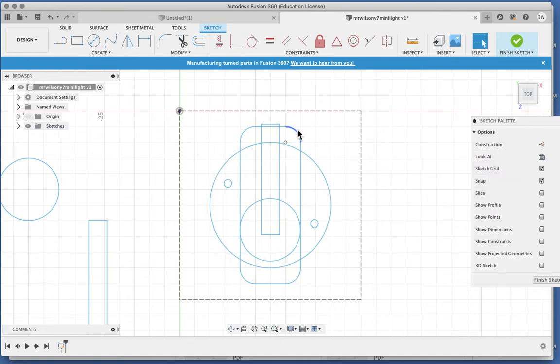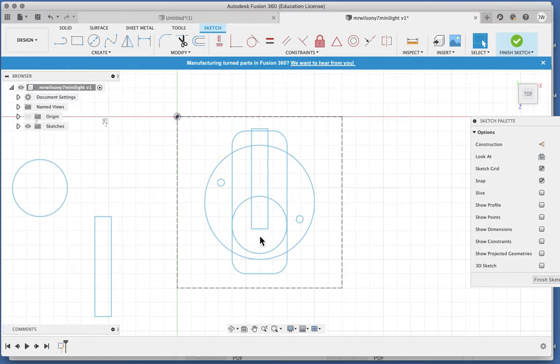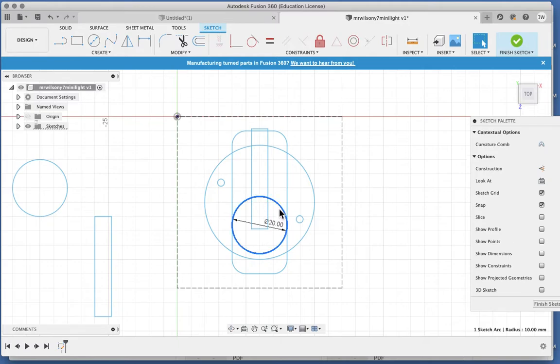So now I've got my outside shape of my torch. I've got my LED, I've got my battery, and I've got the screws that are holding it together. But I still need a button to actually push down on the battery. So remember we said that the button can be any size and shape you want, but it must fit inside the shape of